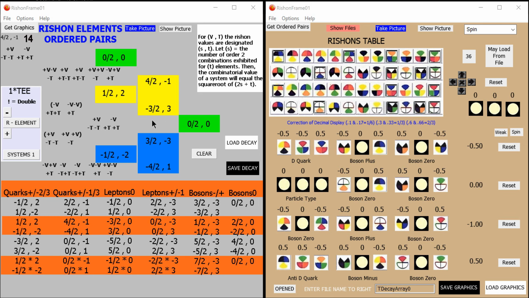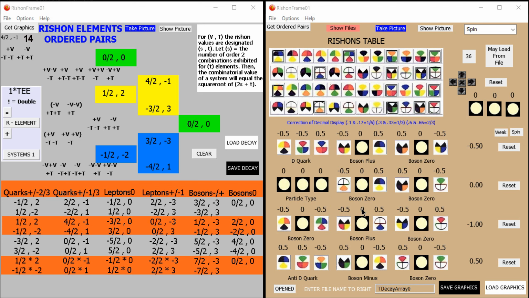And we can see here the W boson will be combinatorically represented by this ordered pair minus 3/2 over 3, which will be represented by a V prime assembly and a T prime assembly, which we can see graphically over here. We have a V prime Rishon and a T prime Rishon, which were